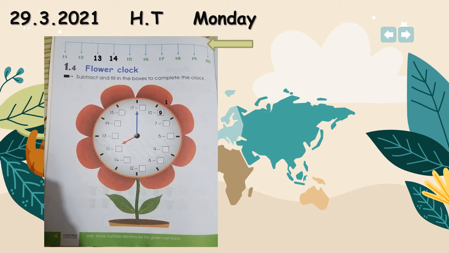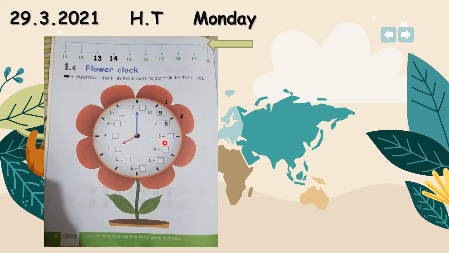And the next one is 7 minus. How many numbers will we minus from number 7 to get number 2? 7 minus 5. Excellent. Write number 5. 7 minus 5 is equal to, you can do it through your fingers. You can raise your 7 fingers, then fold 5 fingers. And how many are left? 2. Excellent. Write number 2. Where there is this one black line, you have to write 1 to the number of the clock in front of the black line.